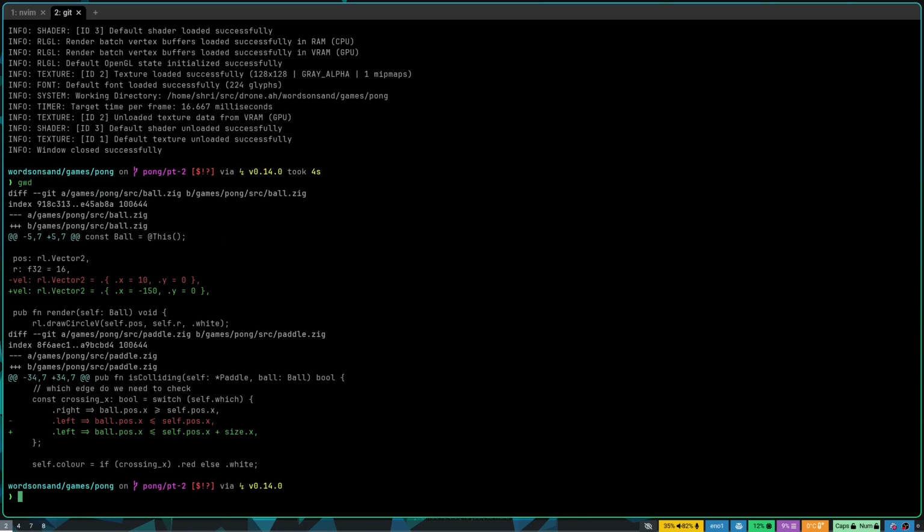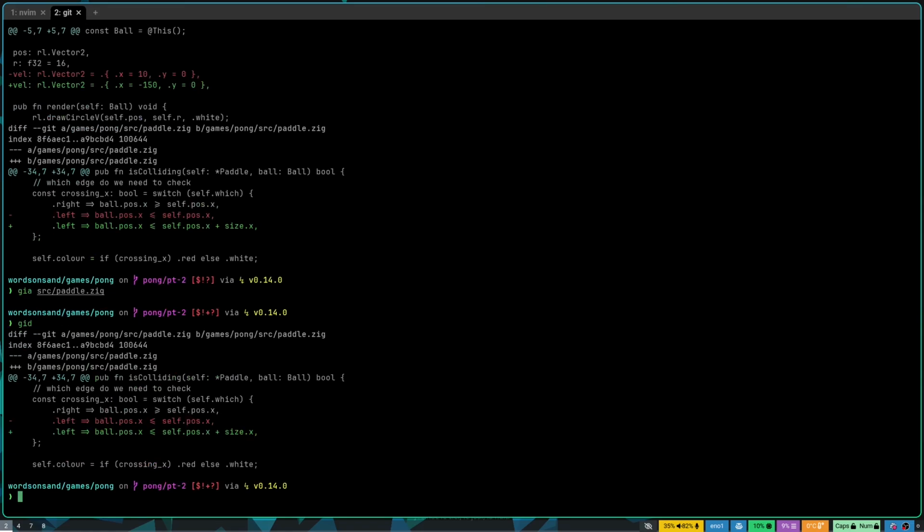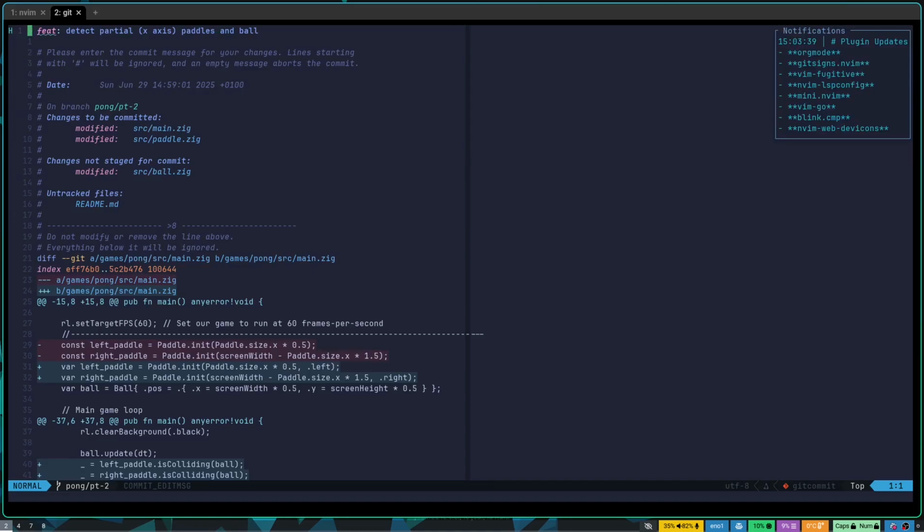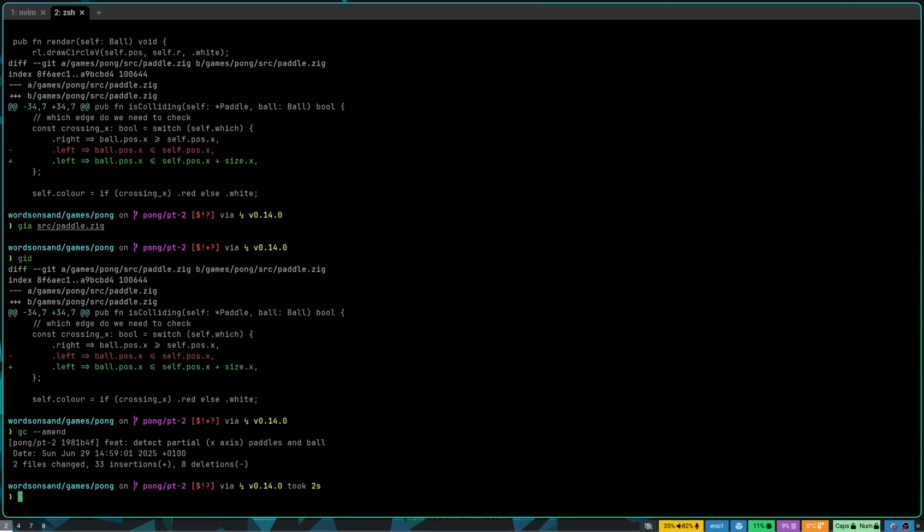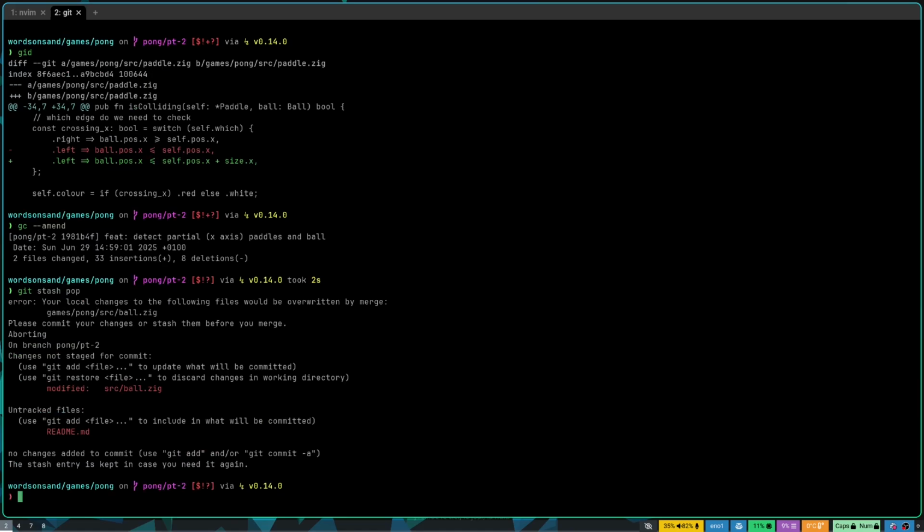fix that. So GIA, which is just a git add src/paddle, GID, which is just a diff of what's in the staging, and then let me just amend the last one. So that one corrects that. Then let me just pop the stash, and then